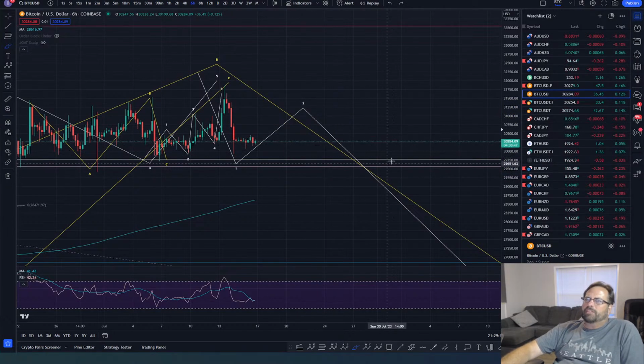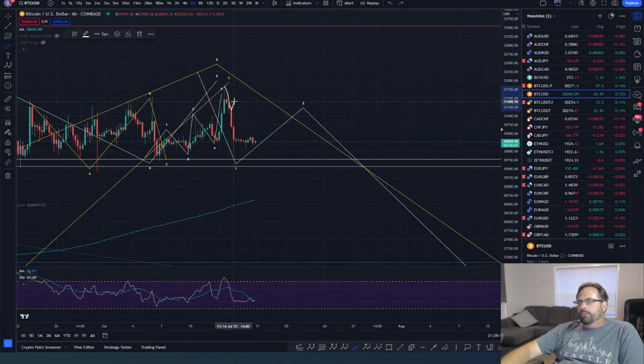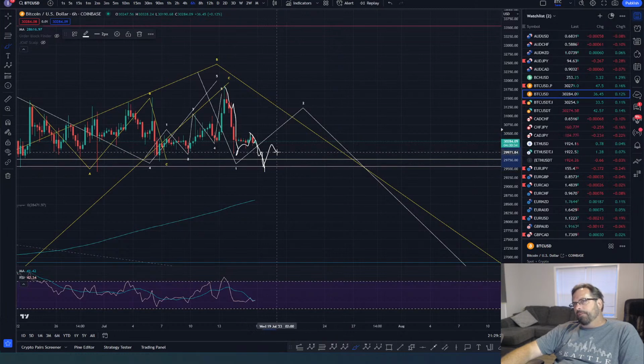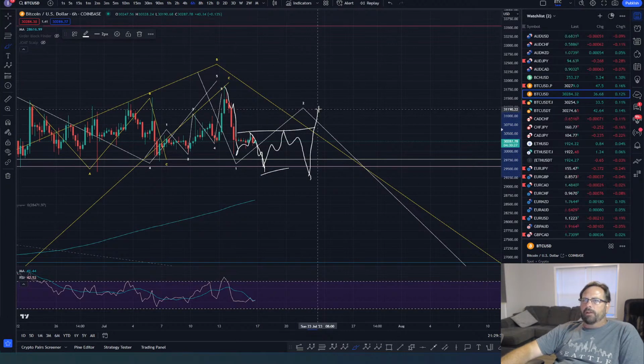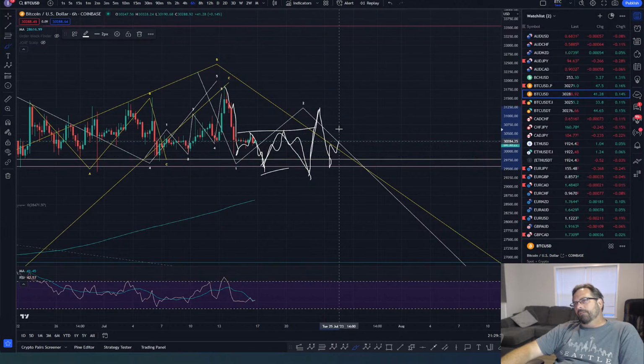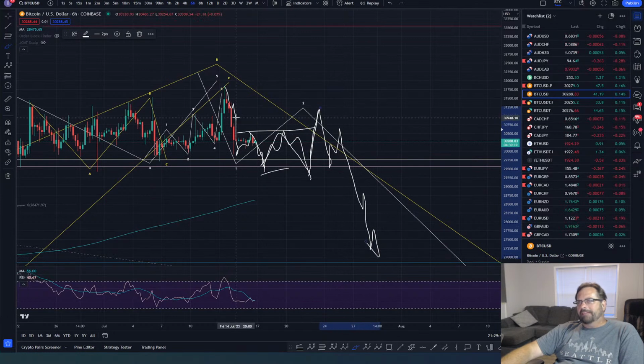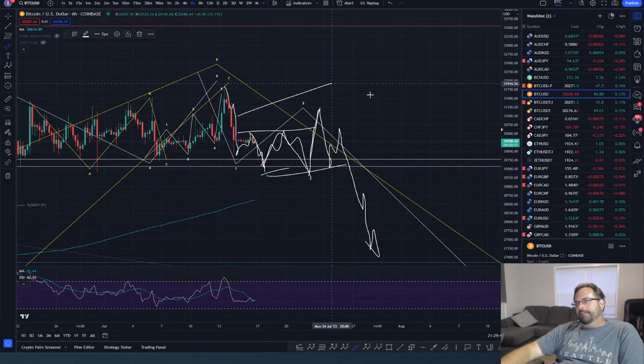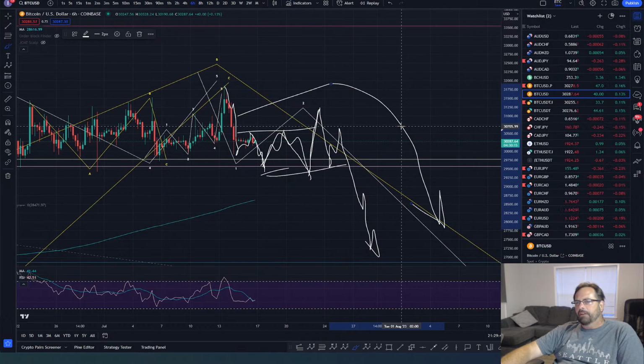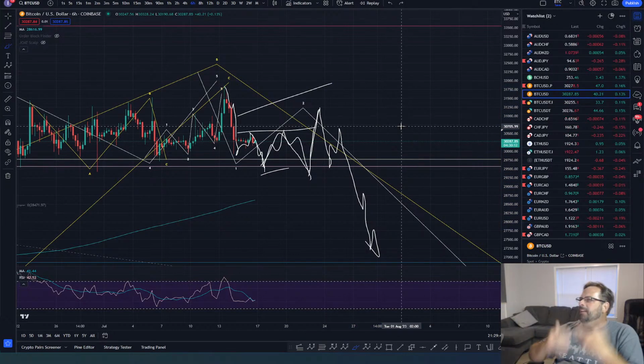So that's one scenario where you get 1, 2, 3. This was wave 4, and now we're getting wave 5 that finishes. I need 5 waves to come down and finish. Once that's done, I would look for 3 waves back up to test this level, 3 waves back down to take that low out potentially, and then they'll shoot it up quickly for a C wave, ABC, and then they take it back down and work it down. That's the way they like to do tops and take it down. So that's the kind of price action we would be expecting to see, something along those lines.